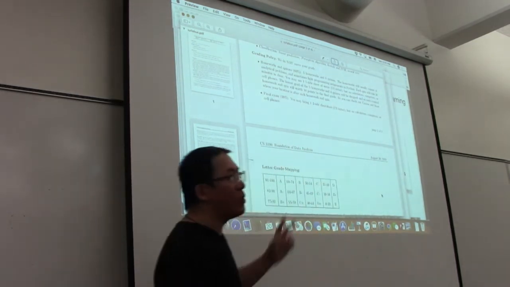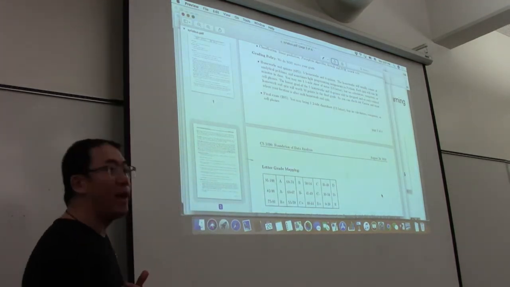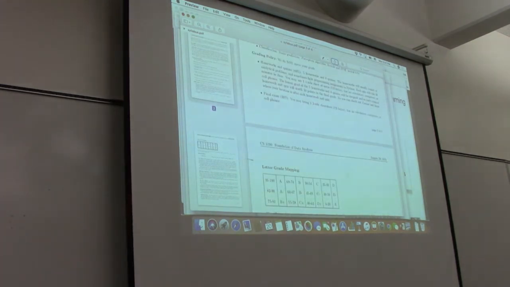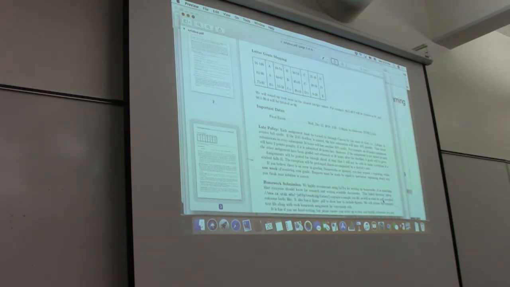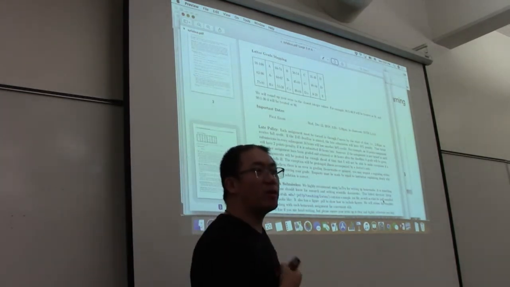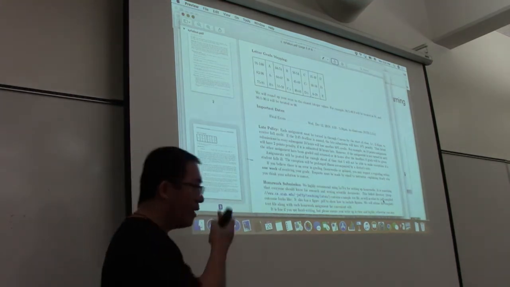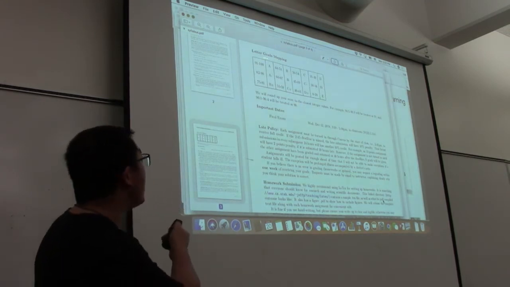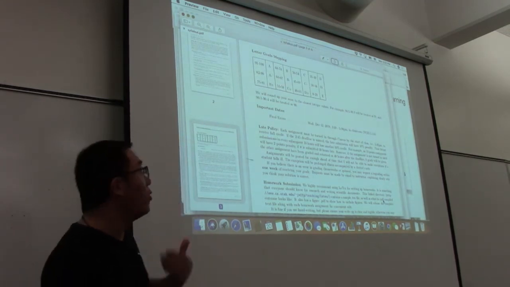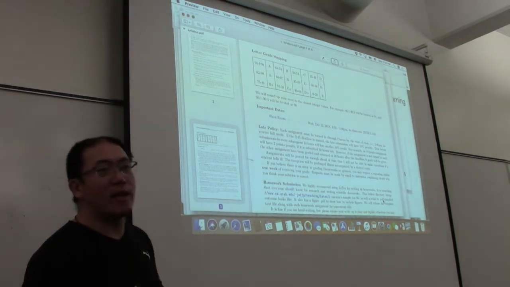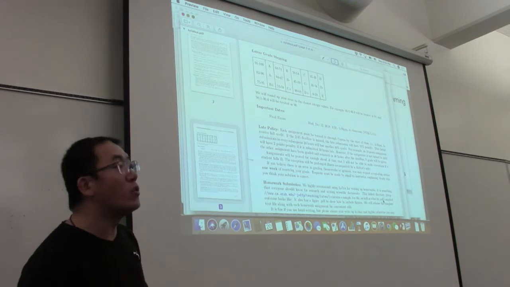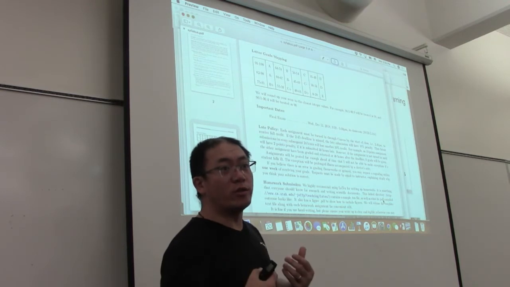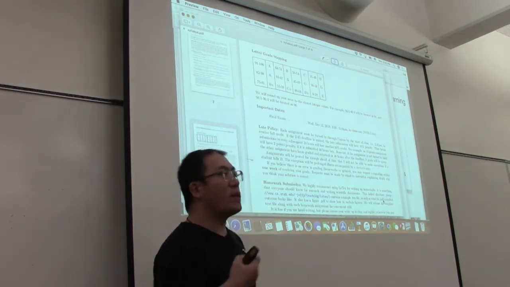And then how can we map the numerical final grade to a letter grade? That's very important, because this is the one which finally shows up in your transcript. So here I give a very generous mapping. As long as your final grade is no less than 82, you get at least A minus. Of course, if you want to get A, you must work harder and show that you are doing really good in this class. If you want to get A, you must be no less than 91.